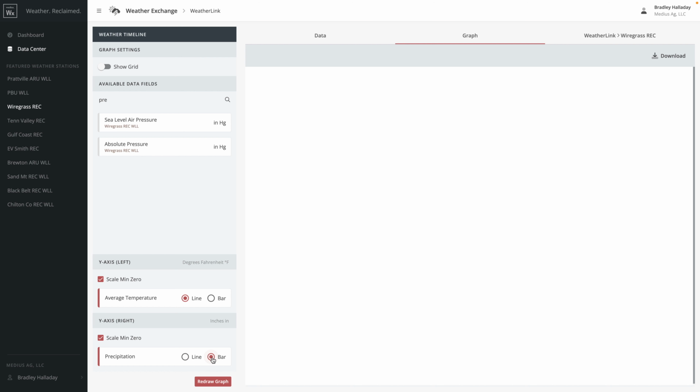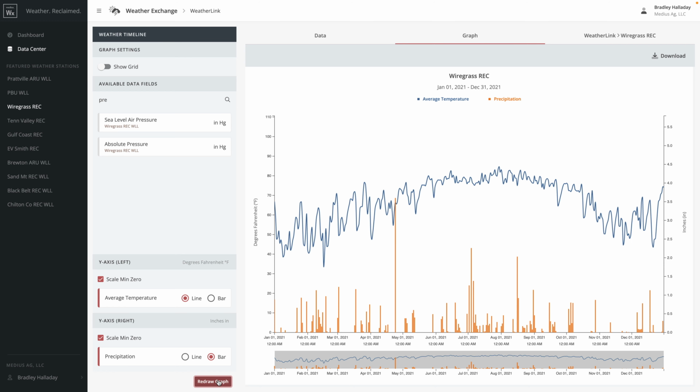And I'm going to go ahead and select bar for precipitation. So I've got line by default for my average temperature and bar for precipitation. Now I'm going to go ahead and click on redraw graph. And now I have a graph here of a year's worth of data looking at the average temperature as well as looking at precipitation. And as you can see, as I scroll across here with my mouse,